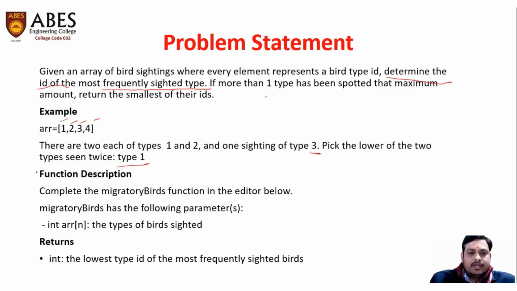Function description: complete the migratoryBirds function in the editor. MigratoryBirds has the following parameter: an array is given to the function as an argument that represents the types of the birds sighted, and we have to return the lowest type ID of the most frequently sighted bird. This is the output that we have to